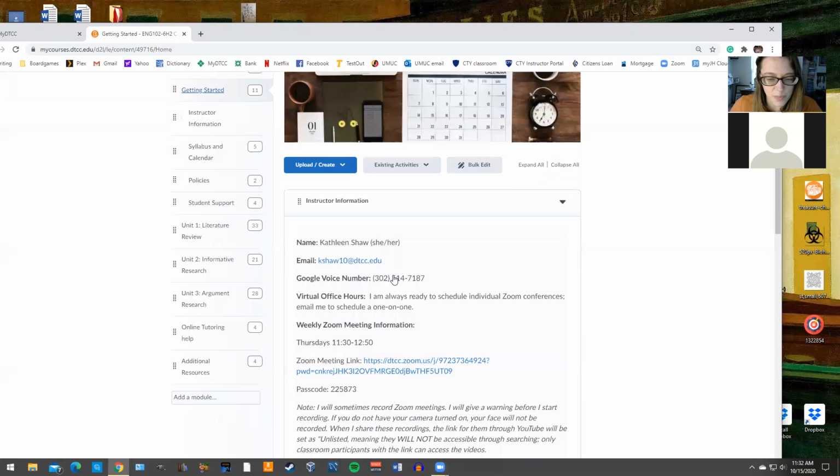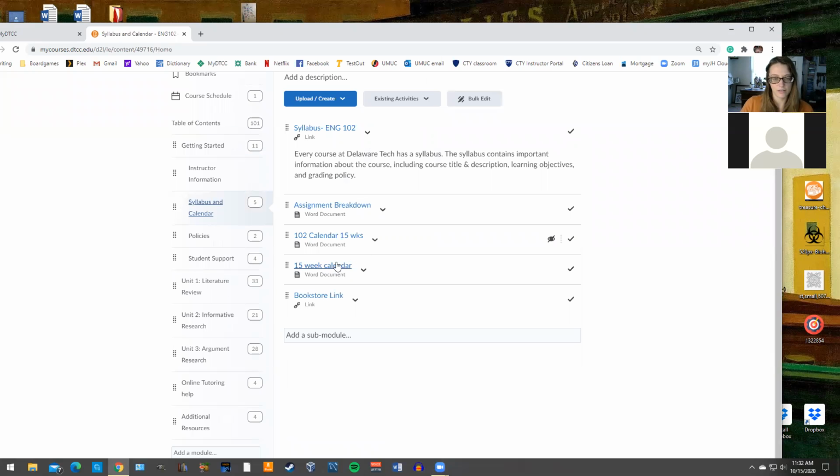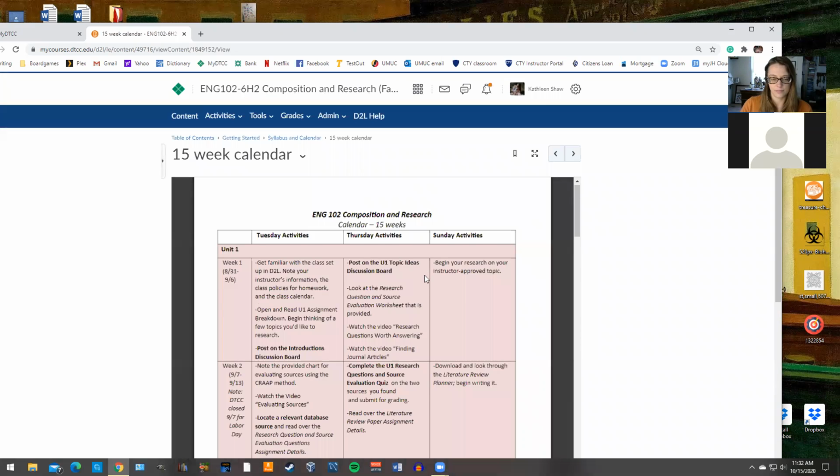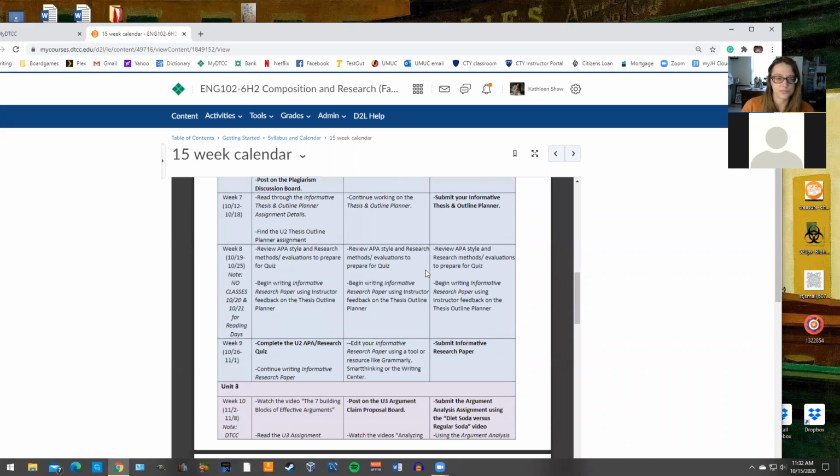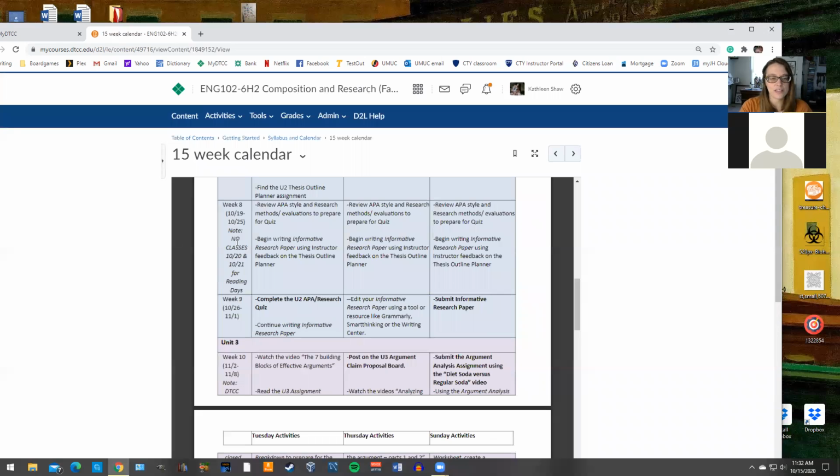You can see that this week is basically dedicated to the planner. So you can see basically here we are today. Our only task is to continue working on the thesis and outline planner, which will be due on Sunday. And then you can see in week 8, just as a note, I'm reminding folks that we will not have class on the 20th and 21st, which shouldn't affect you guys. Is that Wednesday, Thursday, or Tuesday, Wednesday? I have to look